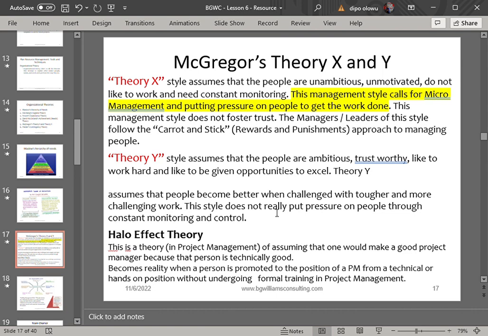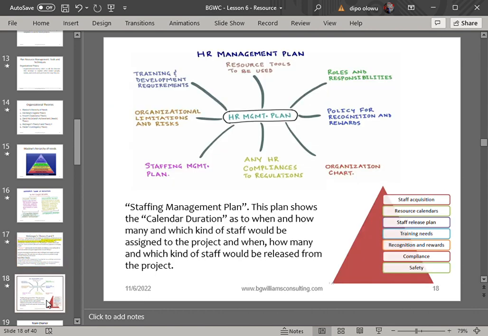Excuse me, sir, somebody asked me a question. Which one is the best between McGregor Theory X and Y? No one is the best. It depends on your application as a project manager. It is possible you find in your team some set of people who don't like to work or who like giving excuses